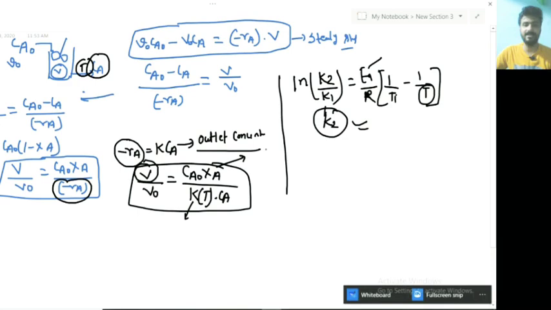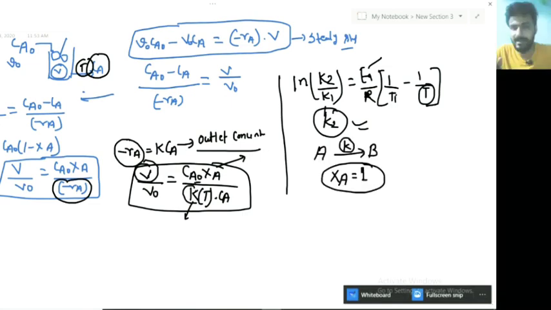Now understand one thing, if the question asks you to calculate the maximum volume of the reactor required for this particular reaction, then what is the maximum volume? Maximum volume of the reactor is required when the conversion of reactant equals 1. Whatever process we have done earlier, the only modification you have to do here is to substitute Xa equals 1. Then definitely you can calculate the outlet temperature at Xa equals 1, maximum conversion, because maximum conversion will be 1.